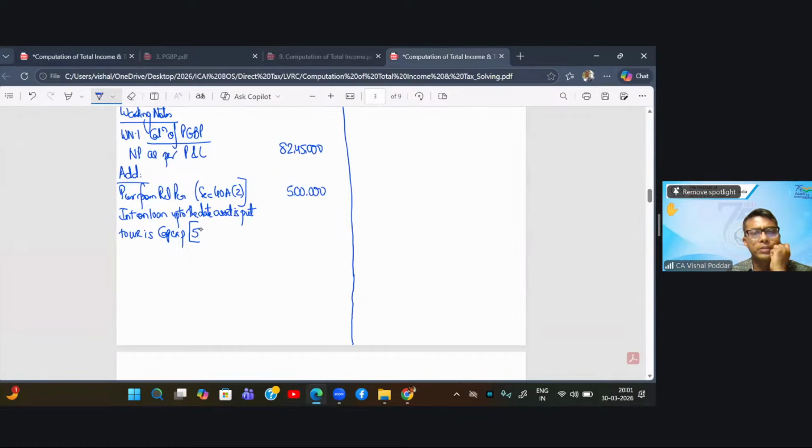So 50 lakhs into 10.5% into 4 by 12. Right? So I'm getting 175,